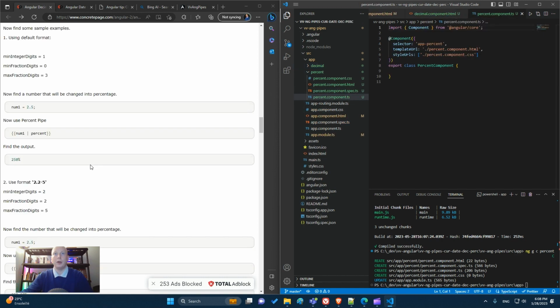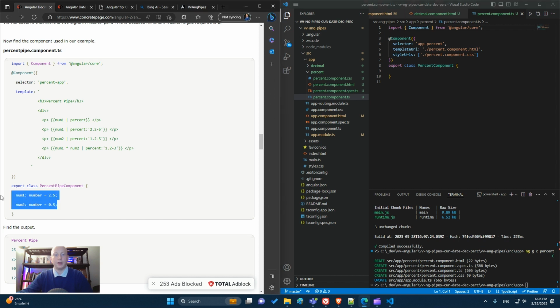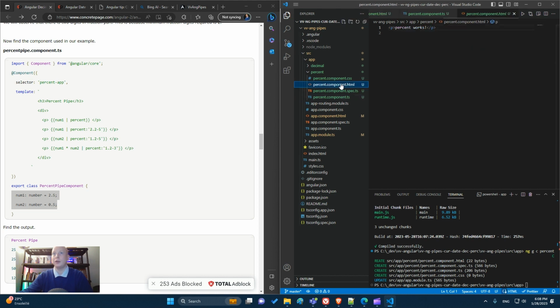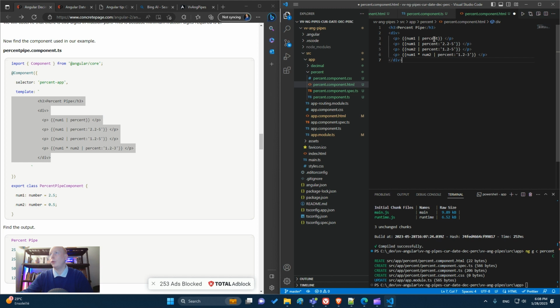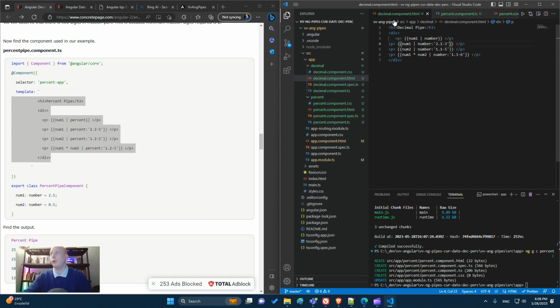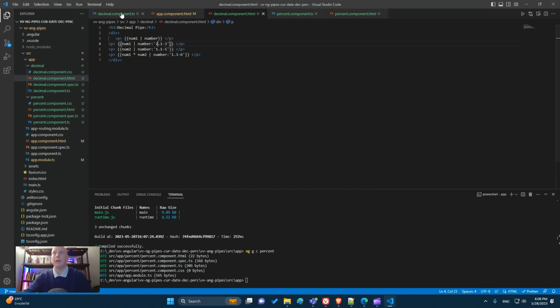So I go to the example, I take this, I put two examples, 2.5 and 0.5 for values in the controller, and in the template I put one with no digit info, say no parameters, and the other with the parameters. Okay, let's save it. I will add it to the app component.